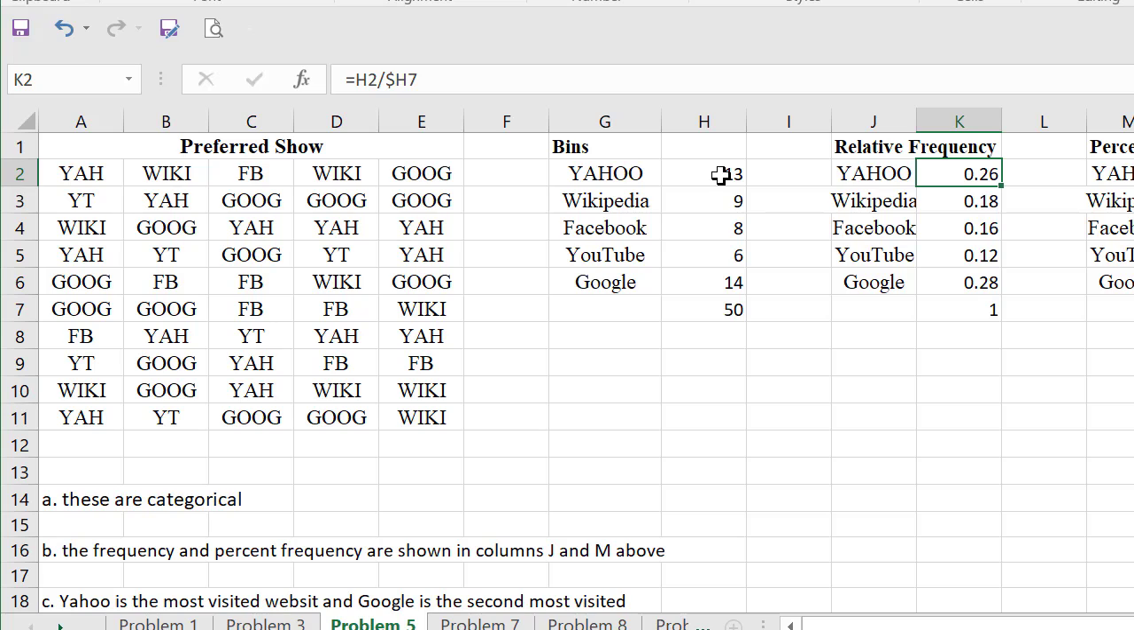So if we take this value divided by this value, notice H7 is a mixed addressing, so that when you copy that down, the column H stays the same, and then you go from there. So notice it stayed at H7 the same. I'm using somebody else's solution here,